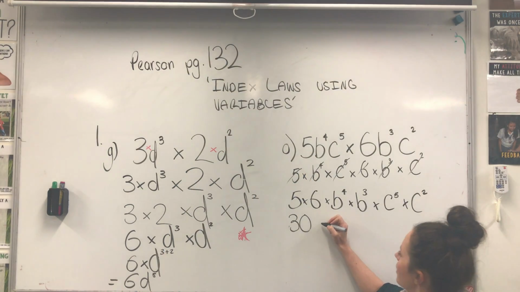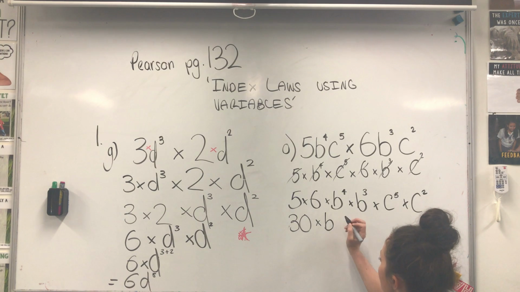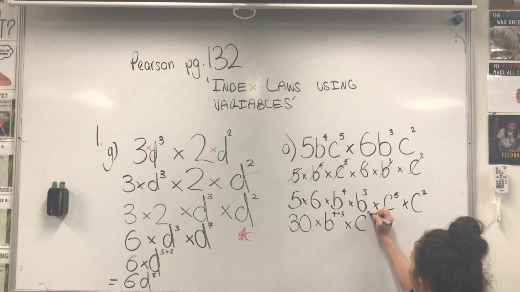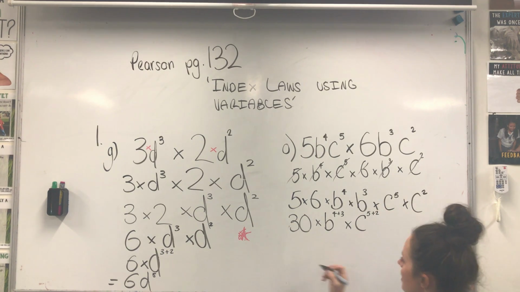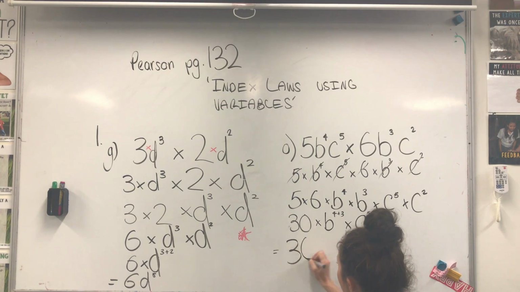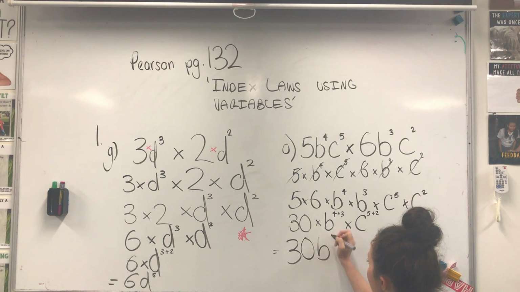So now I'm going to go times b to the power of 4 plus 3, and times c to the power of 5 plus 2, and then on my next line I'm going to go equals 30, b7,